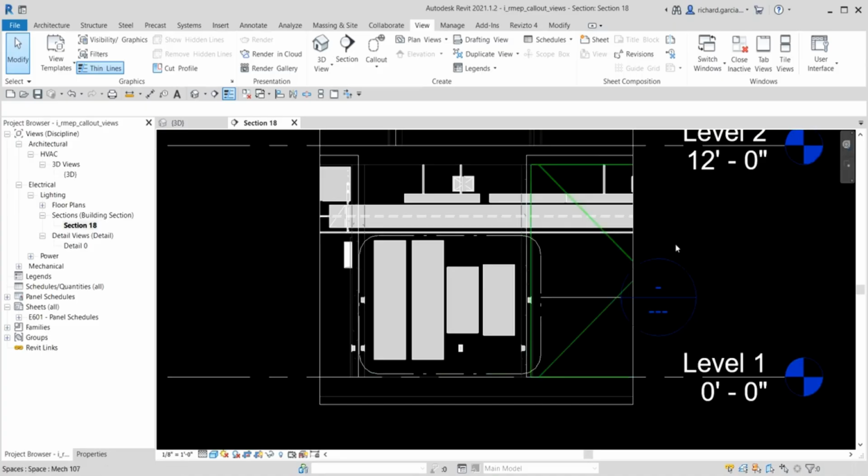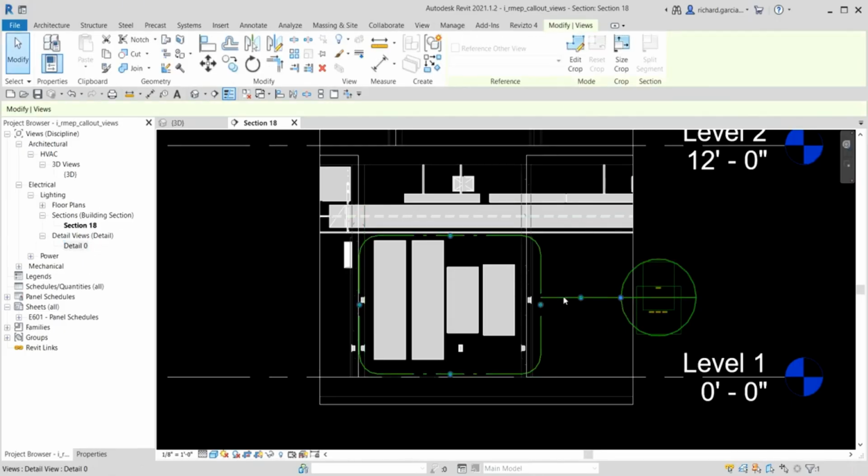As you can see, if I hover and look at the lower left corner, it will tell you that that's view, detail 0, right? So as you can see, it's there on our detail views, detail 0. To open the callout, you can either double click this name from the project browser, or just double click the head here. Or you can click the callout, right click, and then select